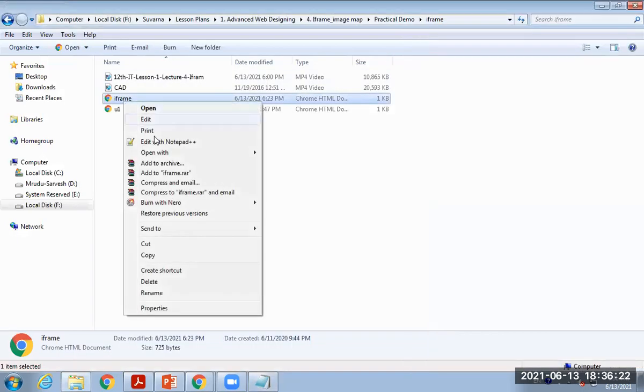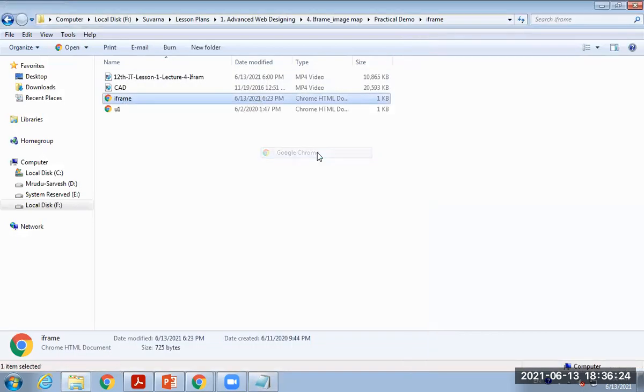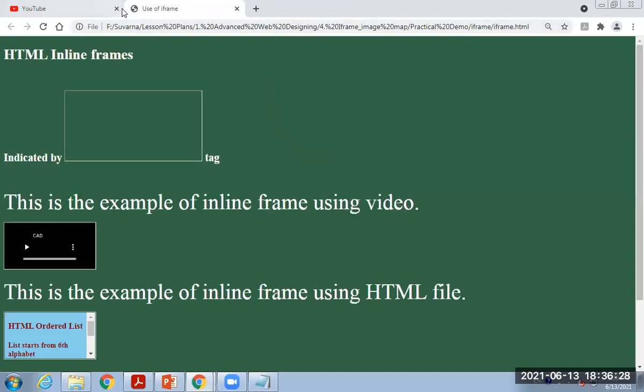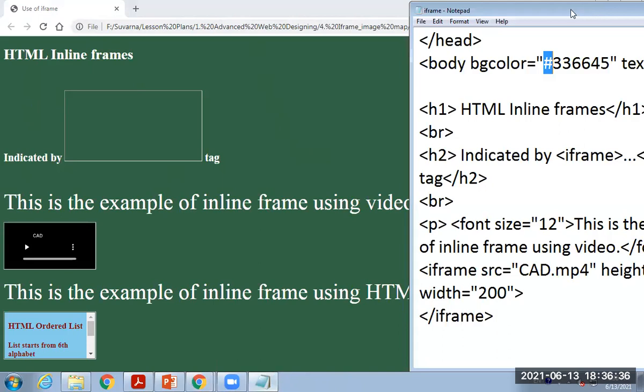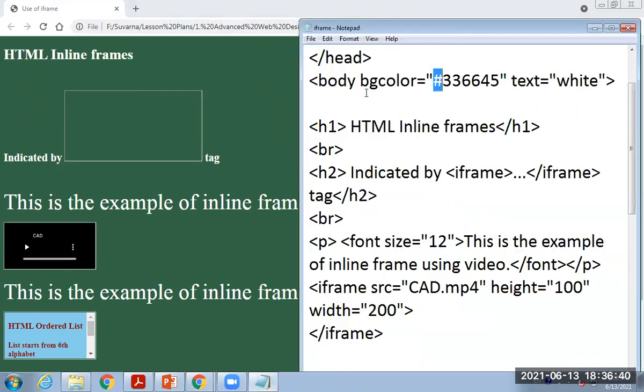Let's again open it. Here, first of all, we have displayed HTML inline frames. See here parallelly what we have done. First of all, body bgcolor. Here we got the background color, then text. Here we got the text color.